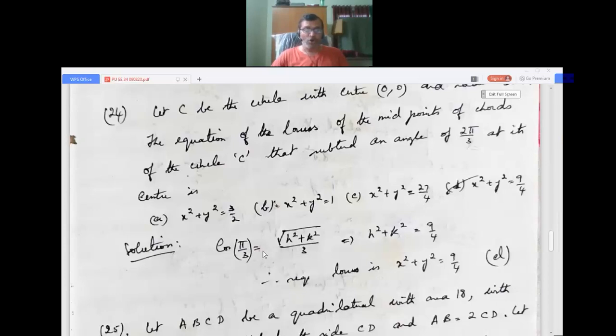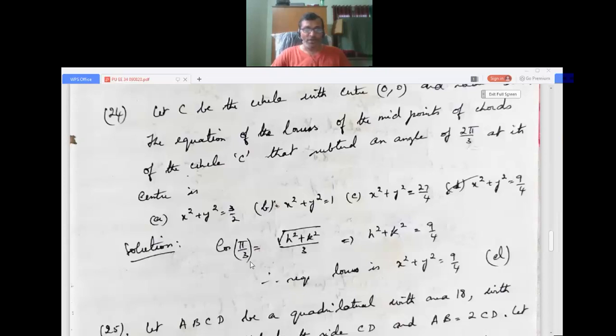So we get cos 2 pi by 3 is cos pi by 3, adjacent side by hypotenuse. When you look at the diagram in the geometry, if you draw the diagram, you get this, if you picturize it. So h squared plus k squared equals cos 180 by 3, cos 60. Cos 2 pi by 3 will be cos 60. Cos 60 is half.